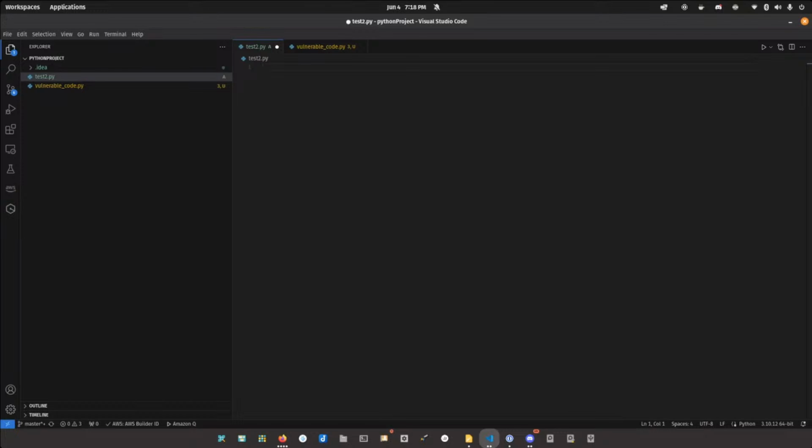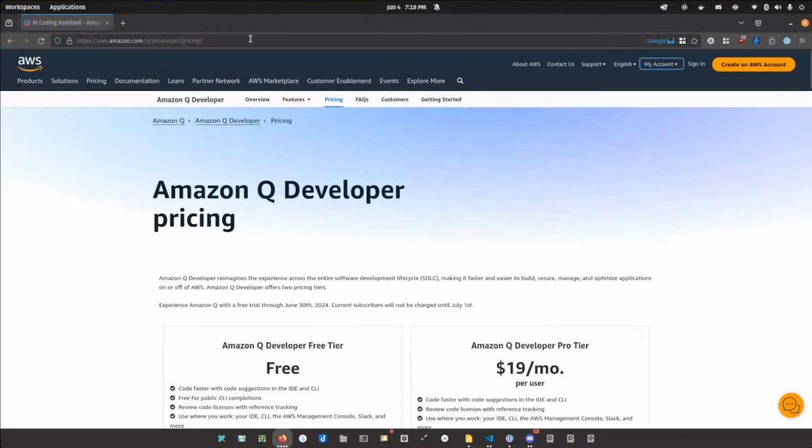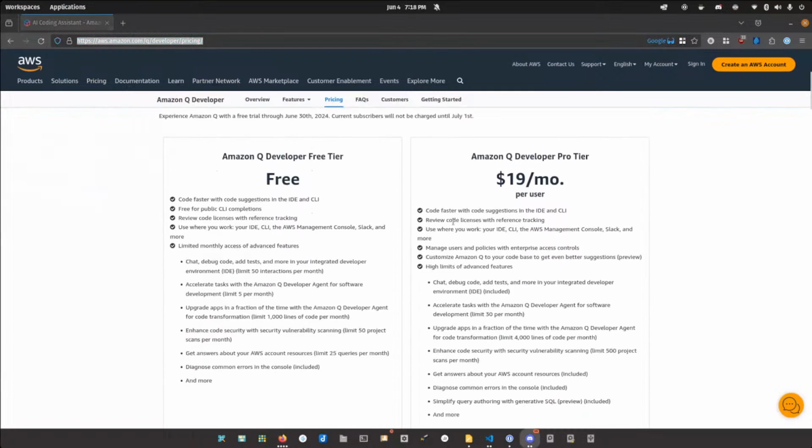It's called Amazon Q, and I'll put a link to it in the Meetup text channel. There's a free version and a paid version, and it's kind of Amazon AWS's answer to GitHub Copilot.